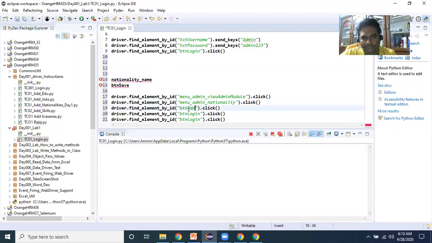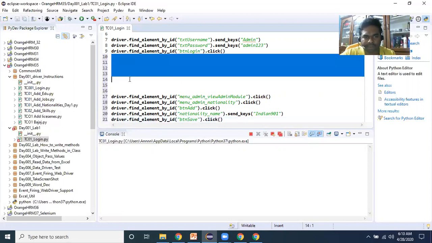I want to click on the add button. After that I want to enter the nationality name. Nationality name is a send keys operation. I'm writing send keys. Here I will write Indian 901. After that I want to click on the save button. I have written the save button. Just click on save.